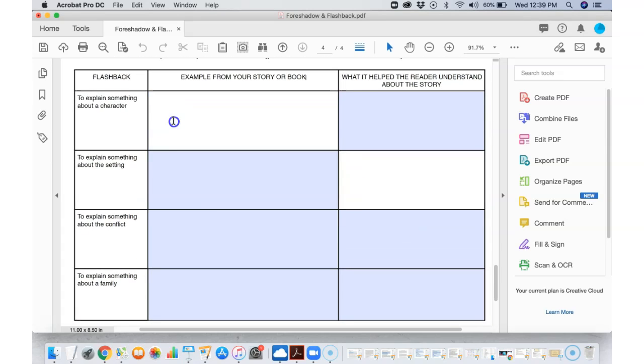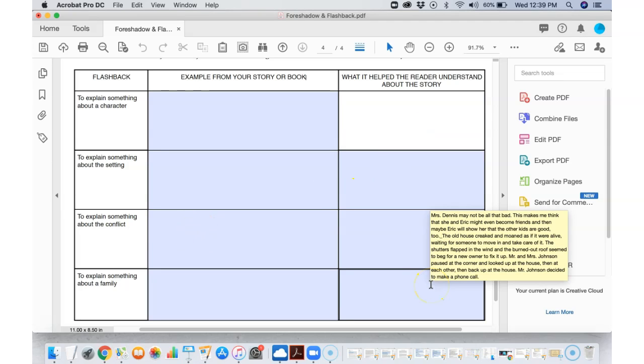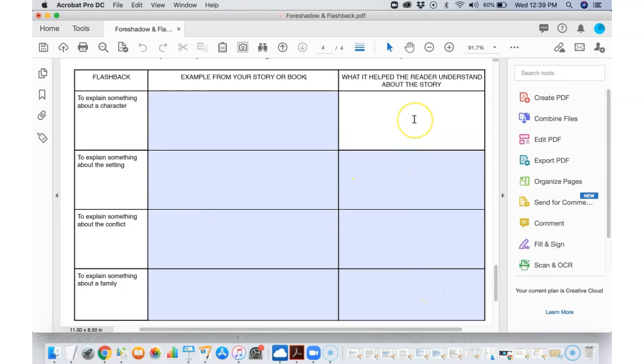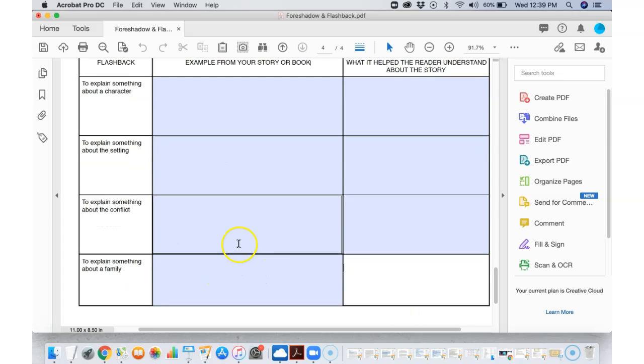So this middle column right here, this is where you're just summarizing the flashback from the movie or from the book. You're just letting us know what it was. And then the last column over here on the right, this is where you get to explain what we now know about the character, what we now know about the location or the setting, what we now know about the conflict, and what we now know about the family because of that example in the middle column. All right,